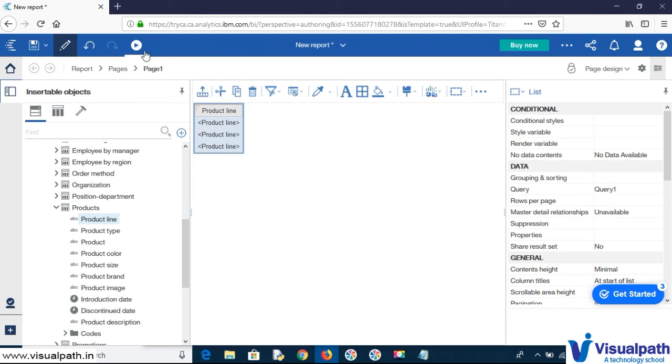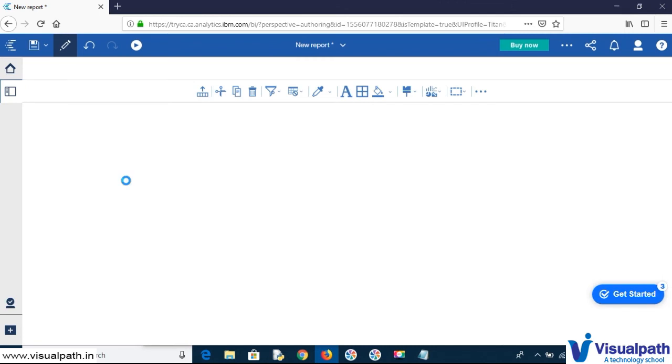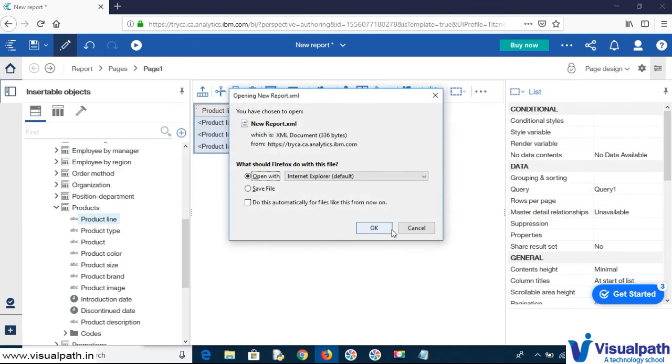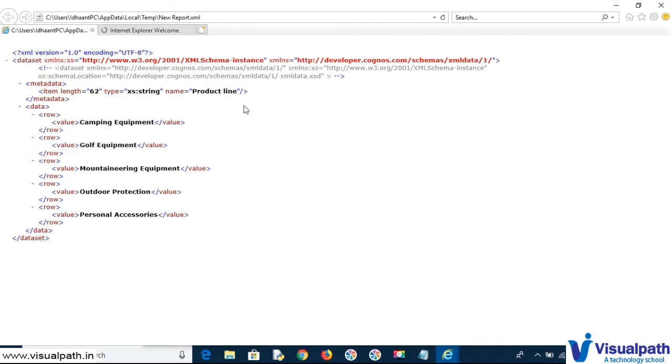Now, if we save this report, this information is stored in the Cognos content store.